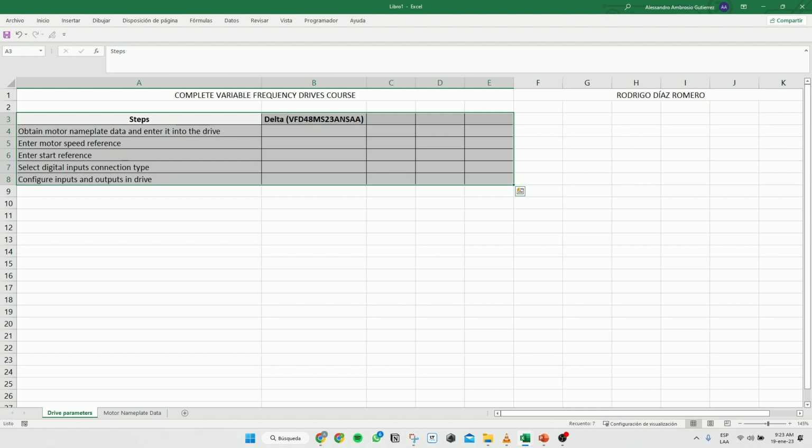This is guaranteed as far as drive configuration goes for additional parameters. I had previously told you, but I don't want you guys to skip this section of the course, where you say, oh, well, we're already done, let's go to PowerFlex. I don't recommend this, guys. I recommend that you finish this, that you practice,